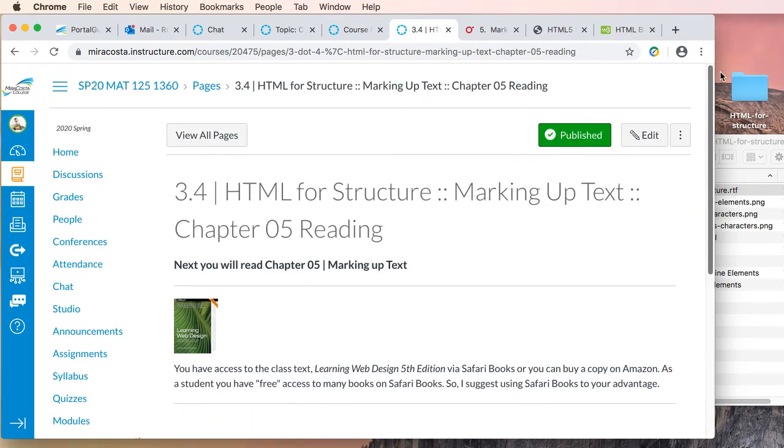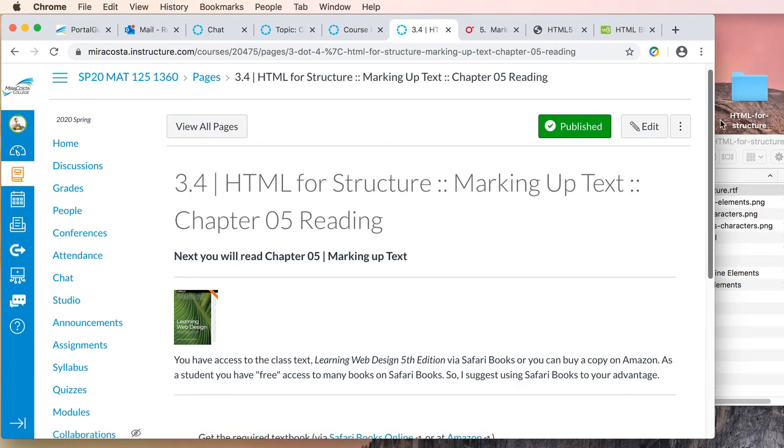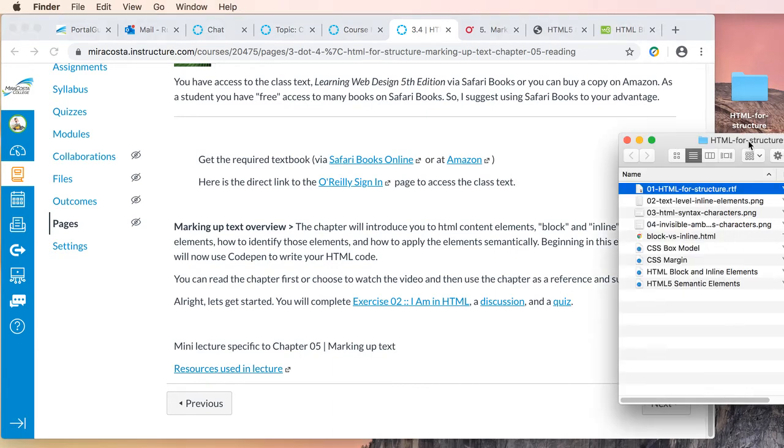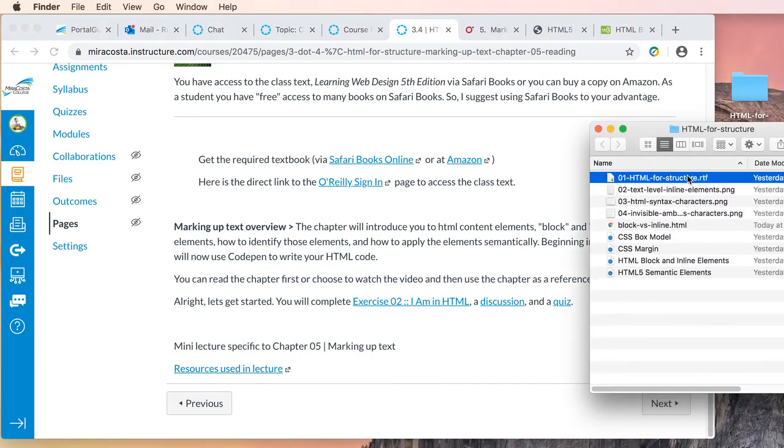So if you go to your week 3 module and you take a look at 3.4 HTML for structure, marking up text, chapter 5, and scroll down to the bottom, this will be a link which will go to this mini lecture on YouTube, and then this link will download the archive zip file, which has the shortened, abbreviated outline for the structure,